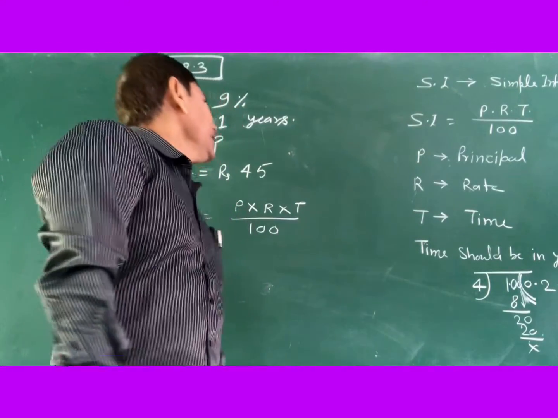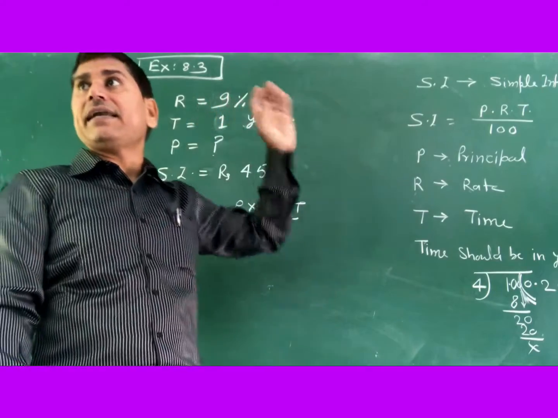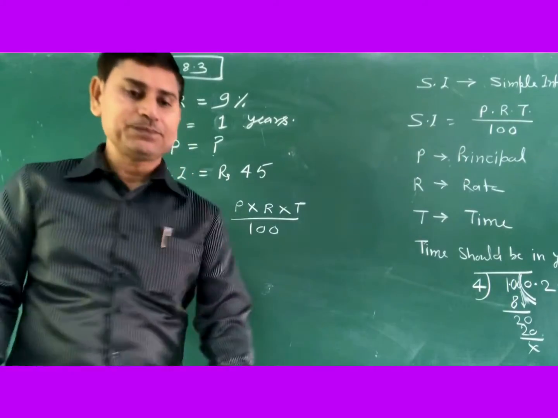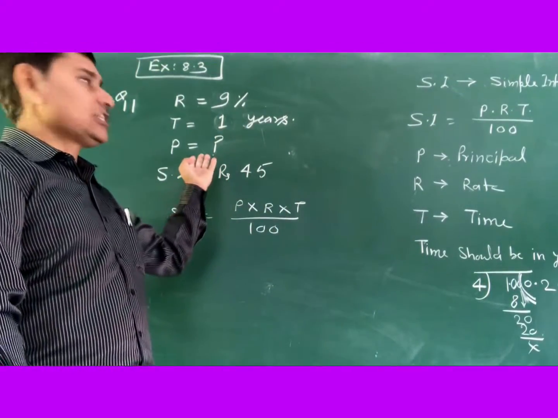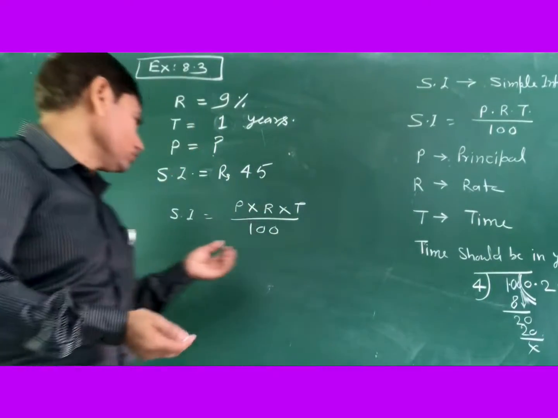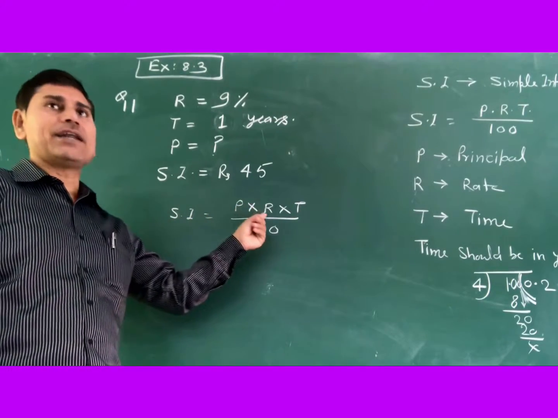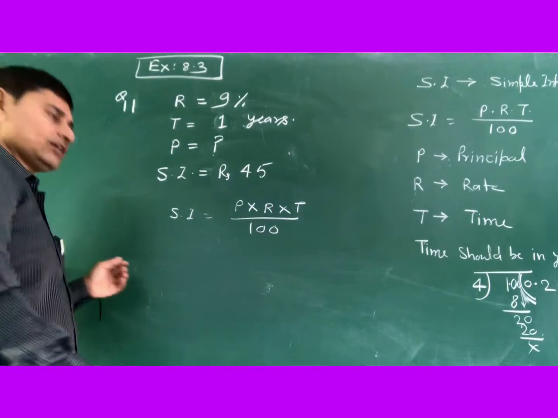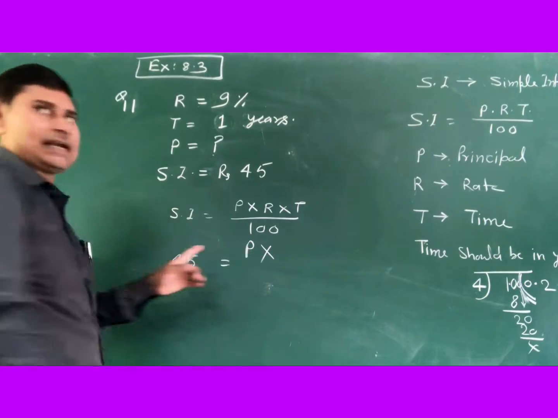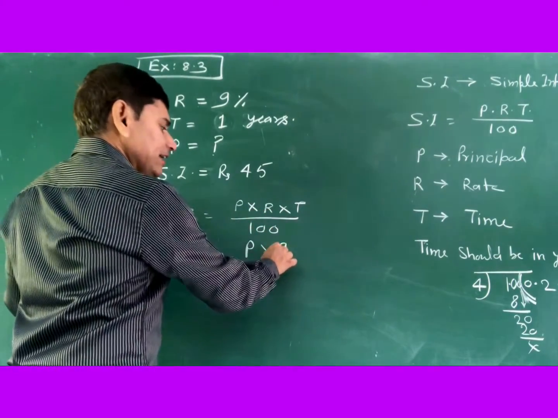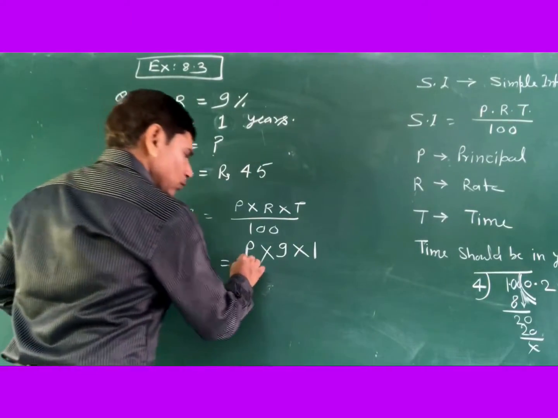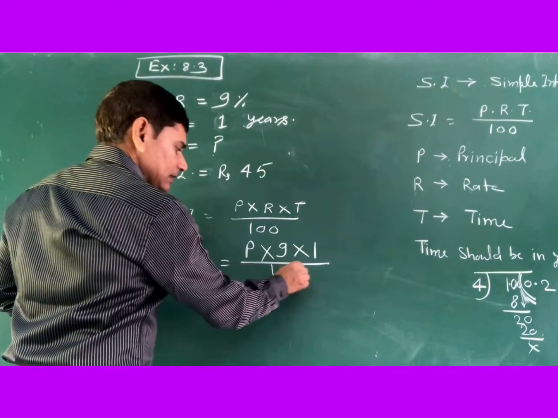Very good. And then after that you will write the rate is given as 9%. So in the place of R you will write 9%, and principal amount is required. Find the sum. Sum means principal amount, you will use the simple formula SI equal to P into R into T divided by 100. So dear, what to do in this case? SI equal to, you will write 45, and principal amount is required, so you will write P the same. The rate is given as 9%, so you will write 9 at the place of R, and time is given as 1 year, so you will write 1 and divide by 100.